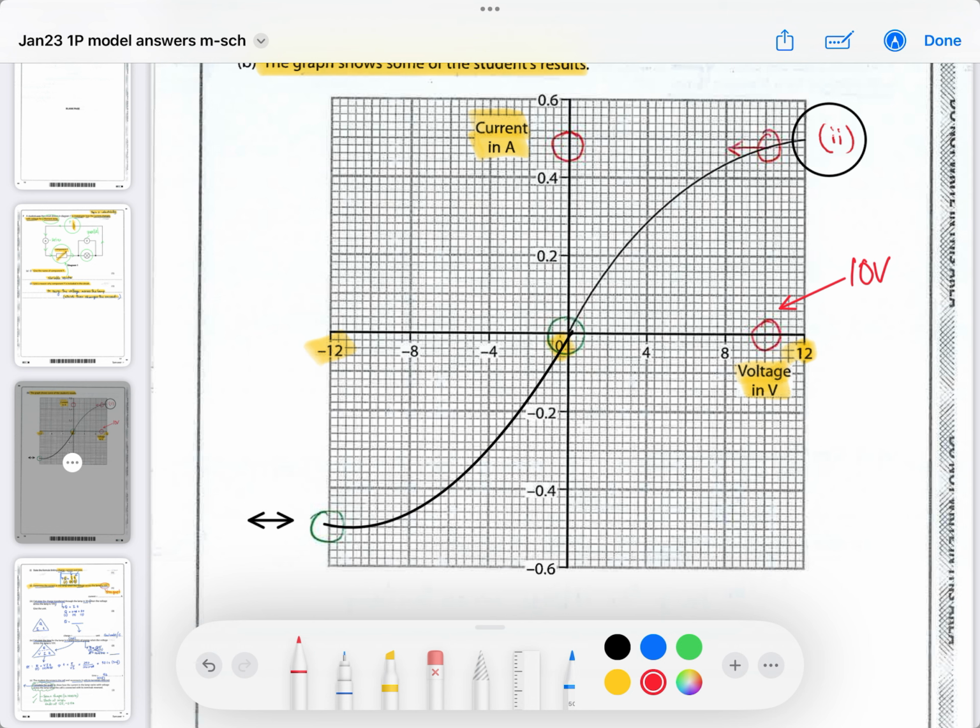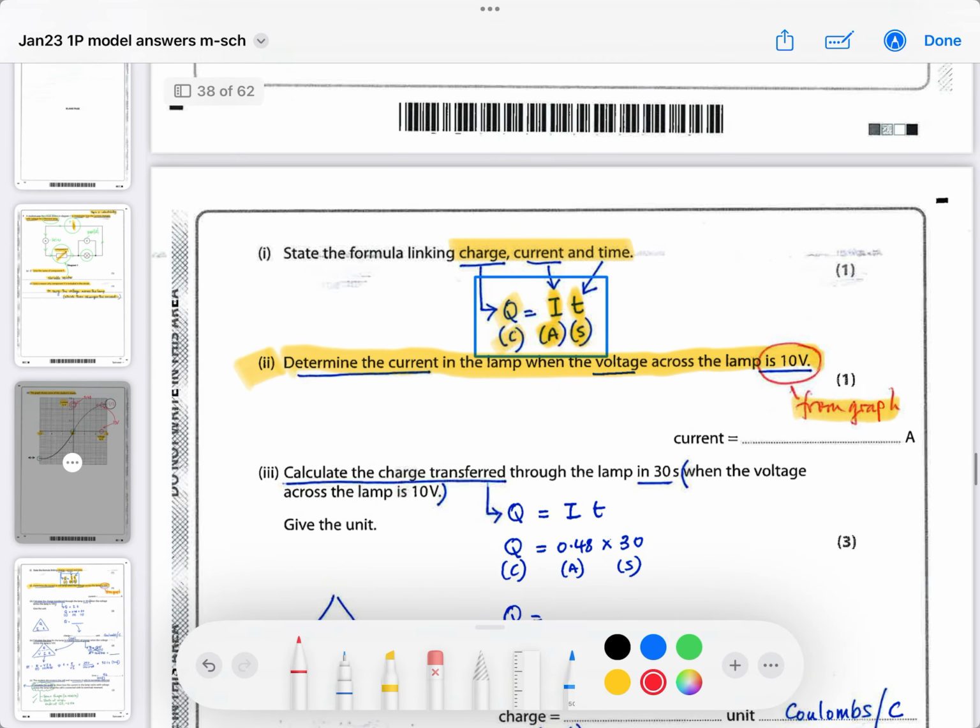That'll be 10 volts again. So 10 volts is the point there. And then you look across and you'll see the current for 10 volts will be here, and you've got to read it accurately. So what would it be? It's one line below the thick line. Yes. So the thick line would be 0.5. So it's 1/5 between, so it's 0.48. Okay. So the current here is 0.48. Okay. And then you've got to put that as your answer